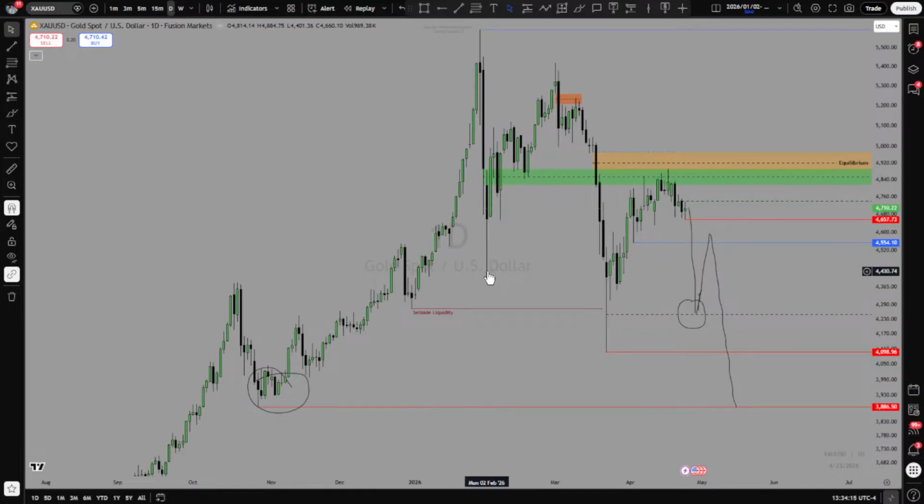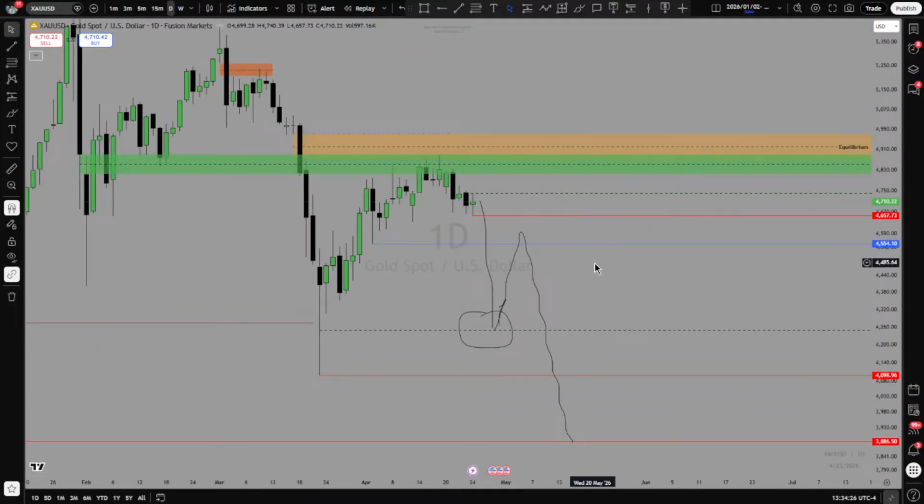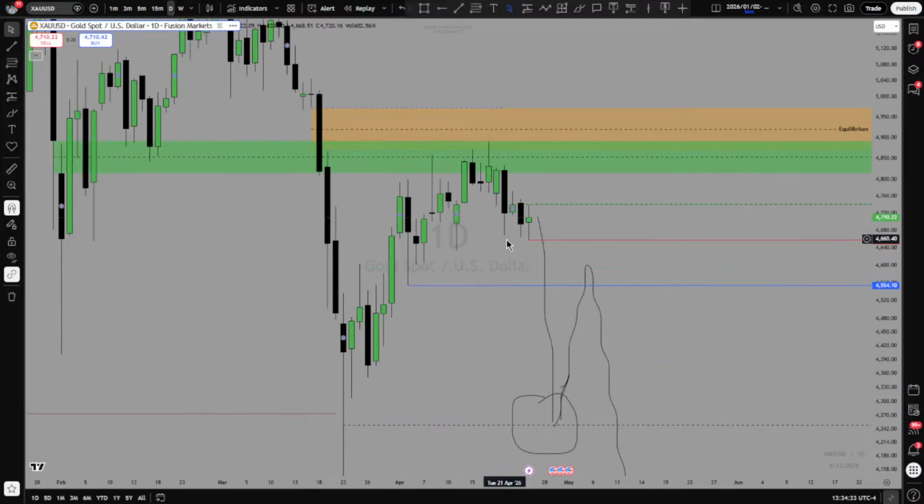So what I'm looking for right now is to see if gold can actually reach this low. So in what way am I looking at it? Let me just zoom in a bit, so that you can get a glimpse of what I'm looking at, because I look candlestick by candlestick. It's not like I look at patterns or anything. I just look at the candlesticks and understand them, because candlesticks can tell you a story if you pay enough time to listen, or if you open your mind enough to see what the price is trying to do.